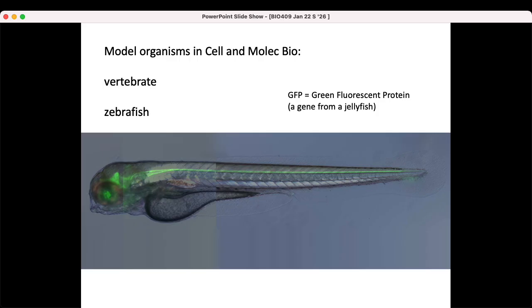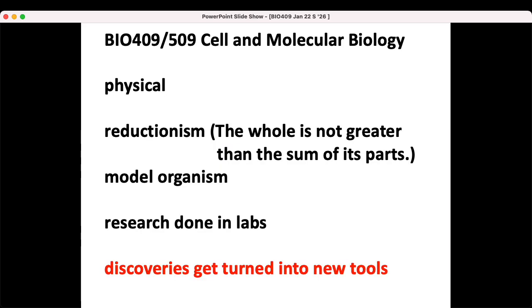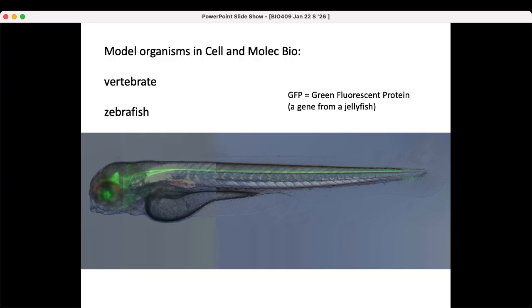I mentioned this briefly in the videos for next Tuesday's quiz. I say, here's a mouse that glows in its muscles. And we'll learn how you have to manipulate the myogenin gene or the MyoD gene in order to produce a mouse that has muscles that glow like that. Part of the reason I showed that is there's another feature of molecular biology that's a curiosity, and people don't really mention it: when scientists make new discoveries, they turn them into tools for further discovery. That's an example there.